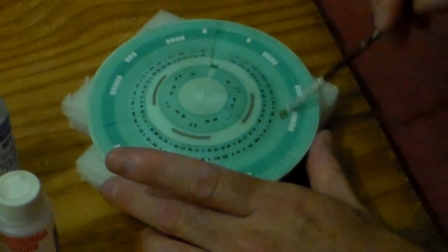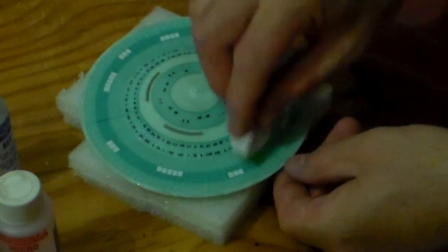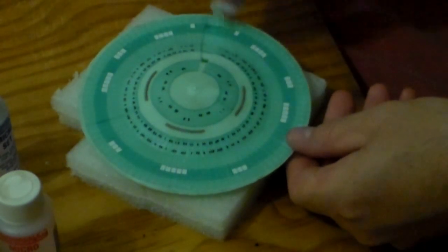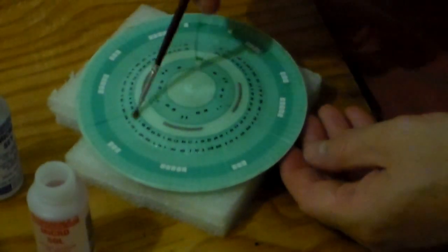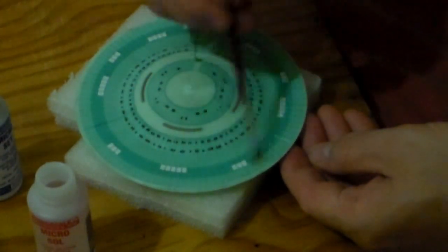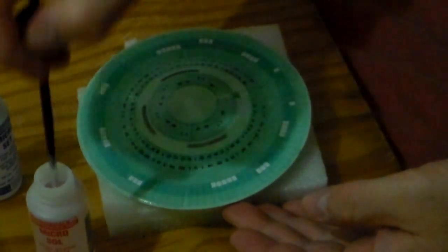Okay, that one went on a little bit easier than the last two. Okay, now for the decal softener. Once you've got all this done, then the important part is put it somewhere where you're not gonna